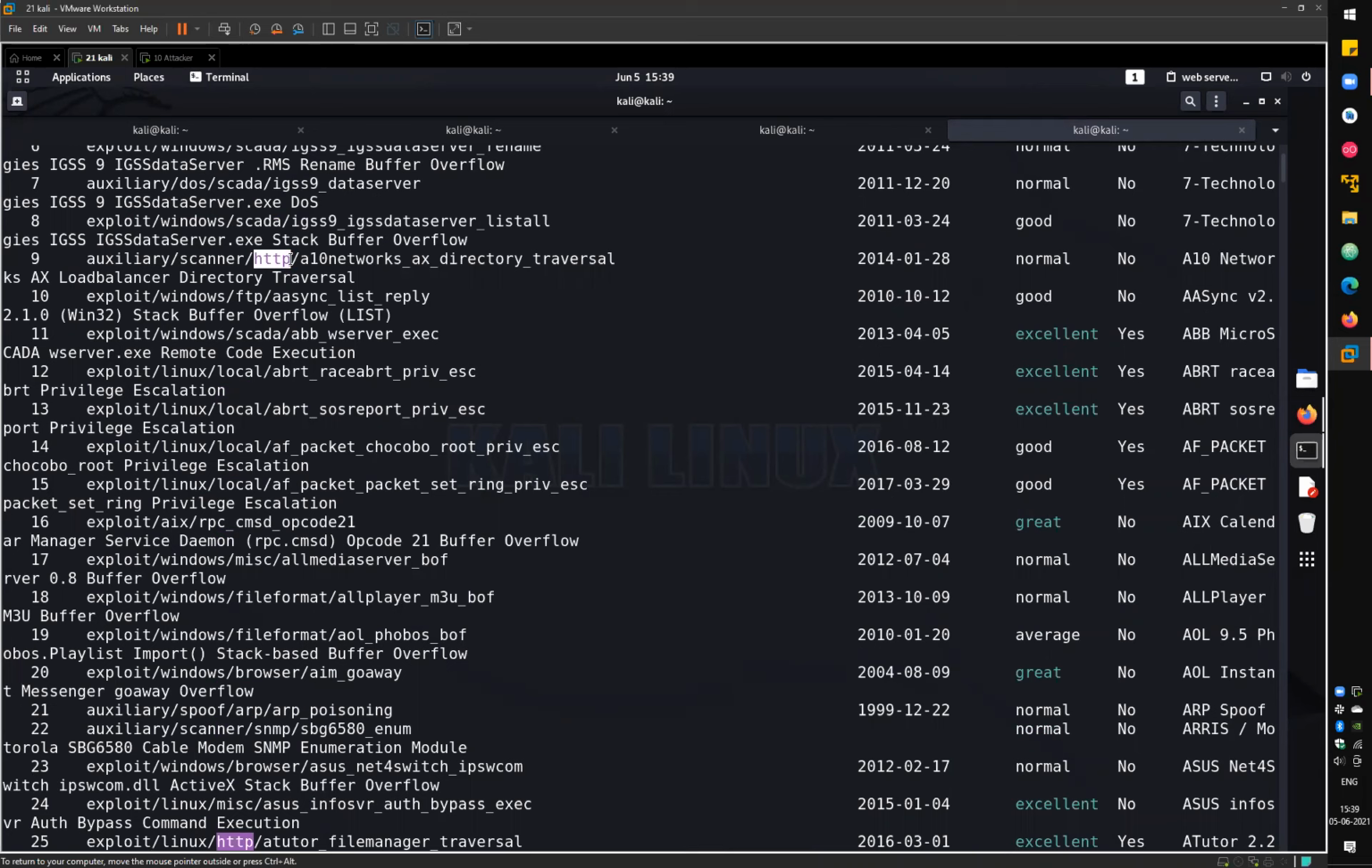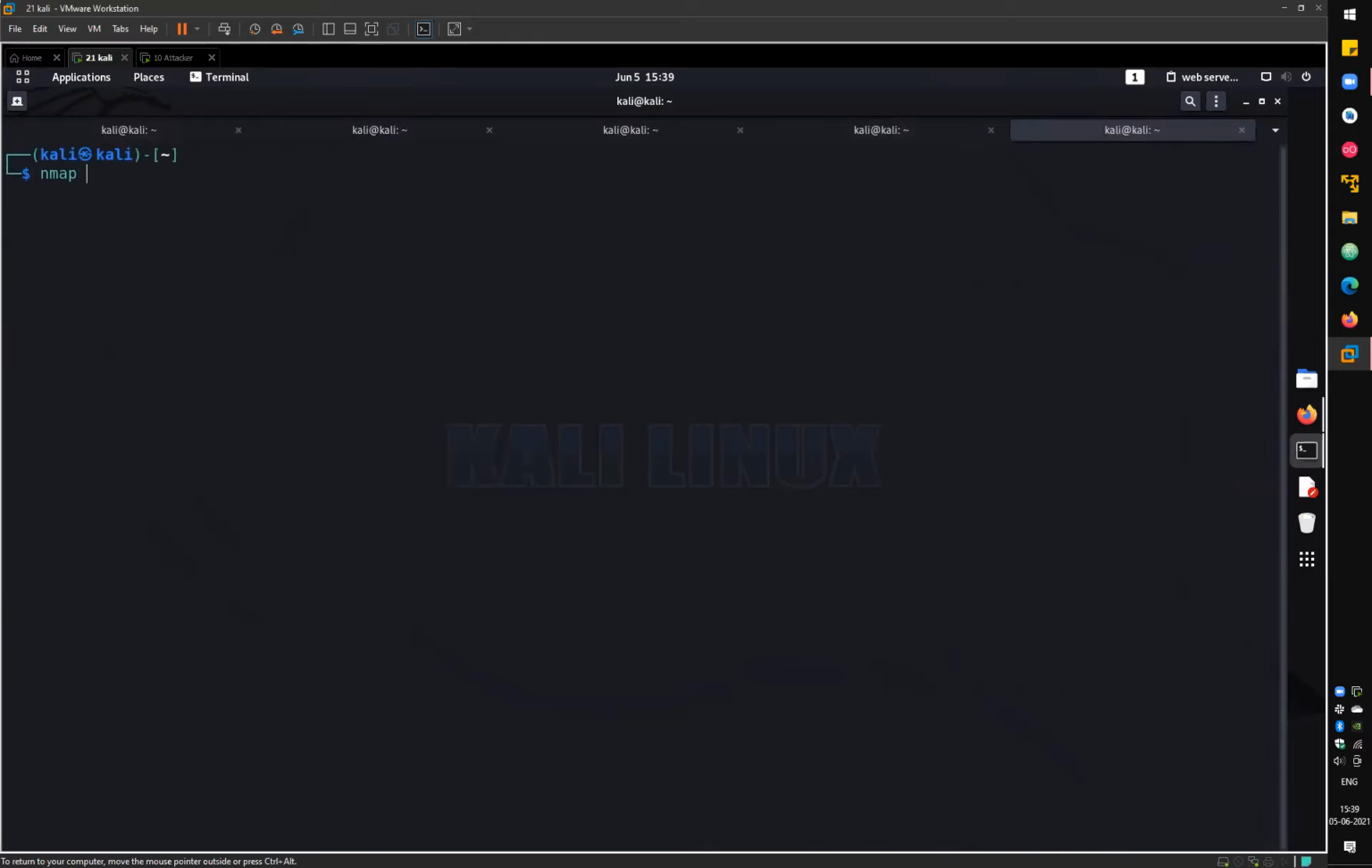Other than the MSF framework, you can also try Nmap. With Nmap, you have a script option, which you can use with --script and then the vuln category, to execute all the scripts in the vuln category. Or if you want, you can simply go with the HTTP service specifically. Let's go with http-* as a wildcard, then specify your target. My target was